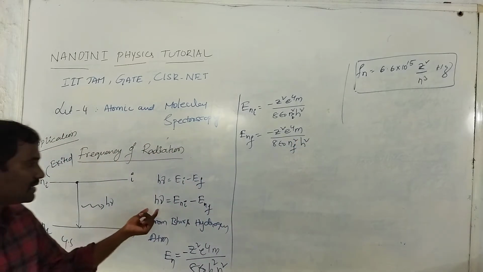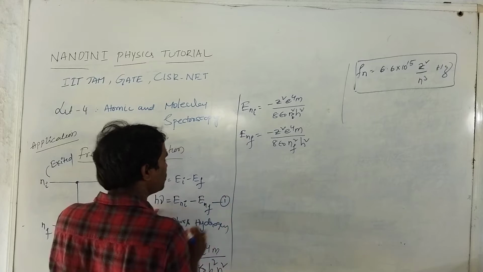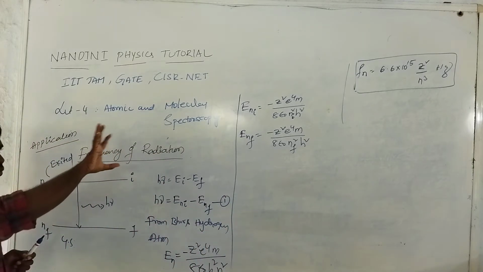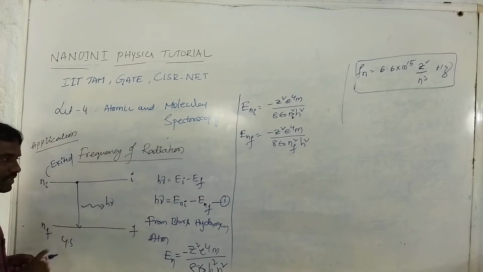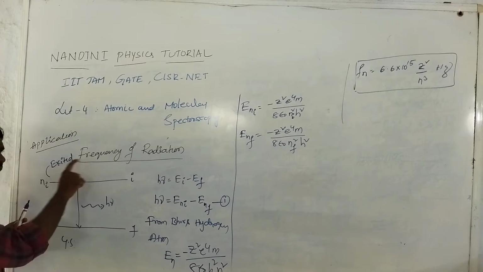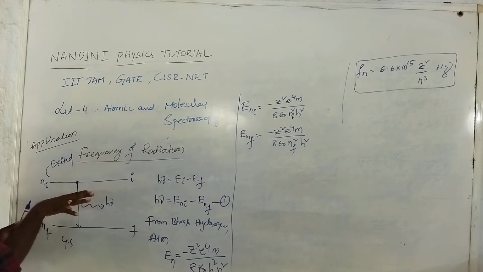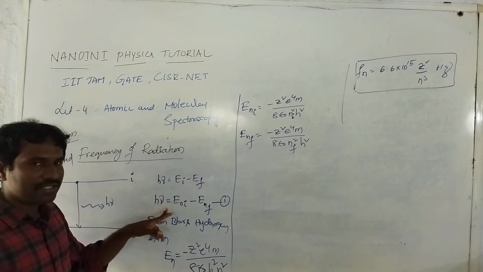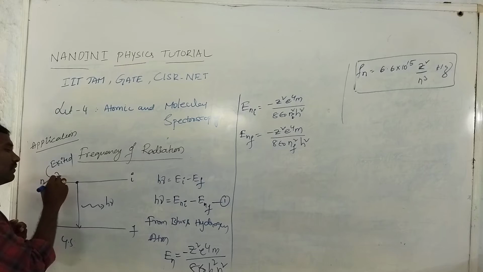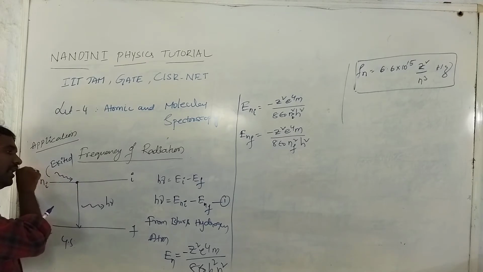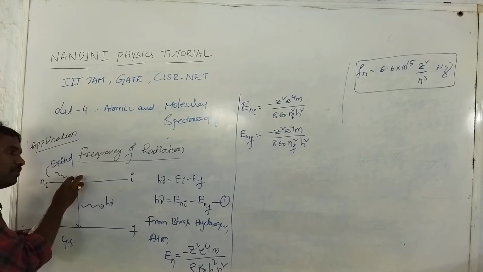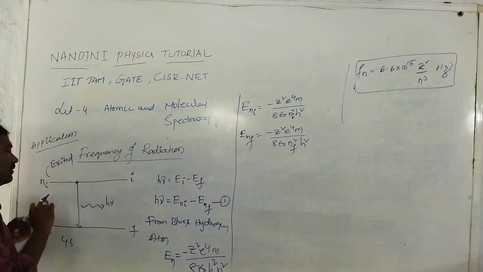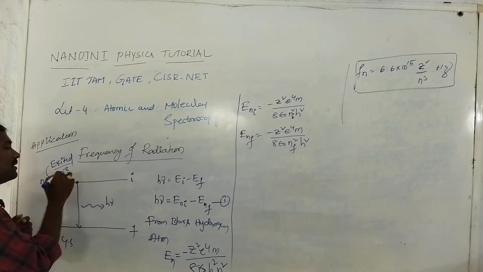So simply substitute this equation, this is equation 1. Substitute the two energy levels in this first equation, because here I am finding the frequency of radiation. This is the incident frequency of radiation, otherwise emitted radiation. If it is absorbing some amount of radiation, if it absorbs any radiation, this is called incident radiation. Otherwise, the lifetime of the excited state is 10 power minus 8 seconds.